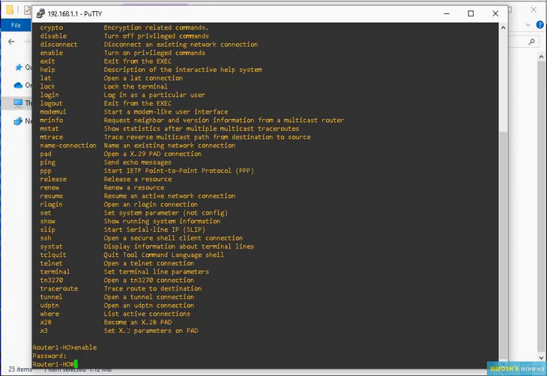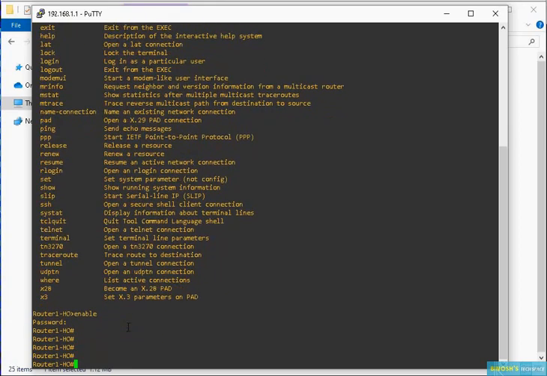Once you enter the password, you can see you entered the privilege mode. You can see the prompt has changed to hash.